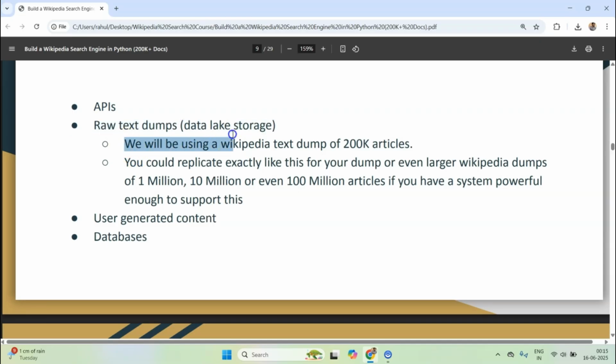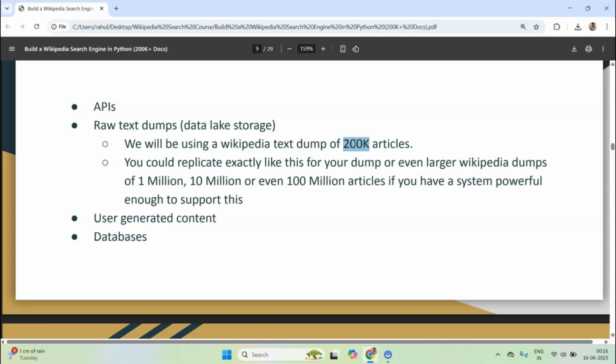So we will be using a Wikipedia text dump of 200k articles, but you are not limited to 200k articles. If you want to replicate all these steps that we are going to learn in this particular course on your large data of say 1 million, 10 million or even 100 million articles, then if your system is powerful enough, you are good to go, right?